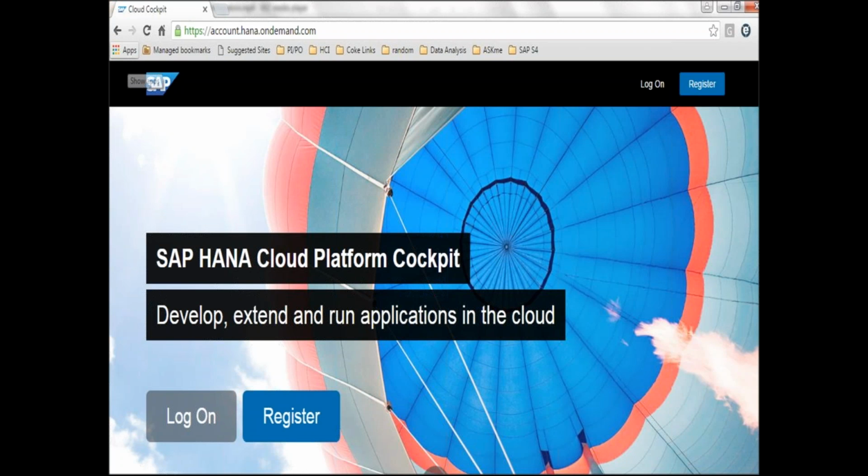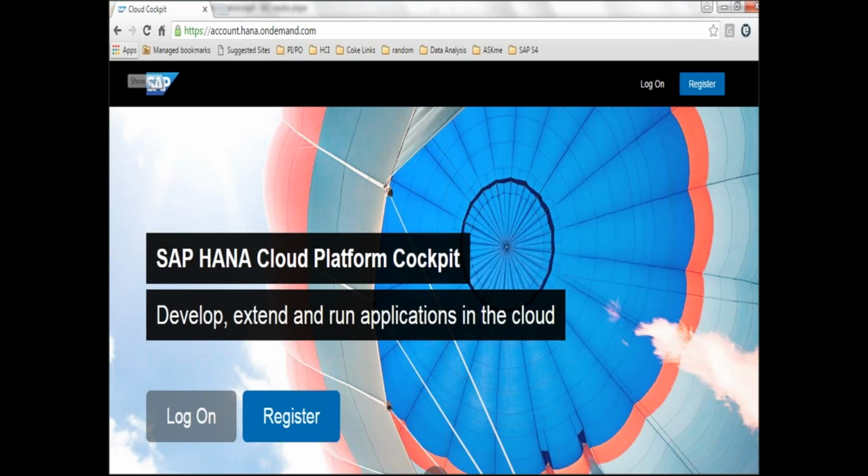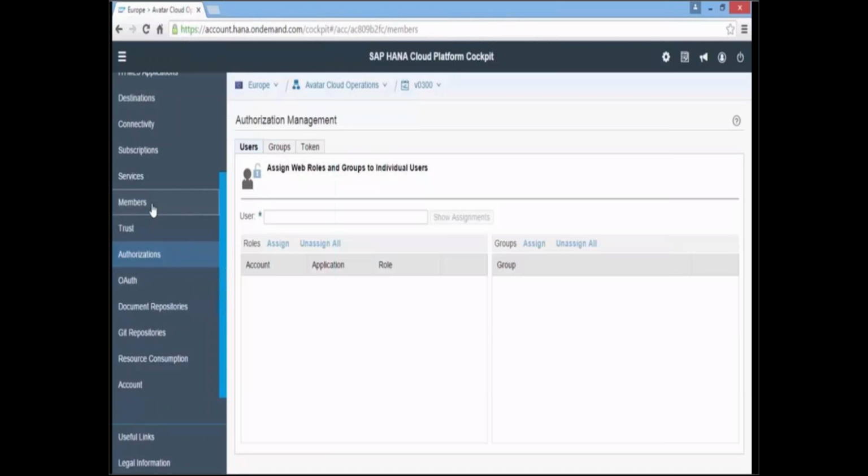We have just logged into the HCI, it's HANA Cloud Cockpit, Platform Cockpit. Okay. Now we are creating authorization. First of all, I have shown you how to get the details of your HCI tenant. Okay. Then creating authorization. We directly went to the roles, but if you want to create some new users, you can create.